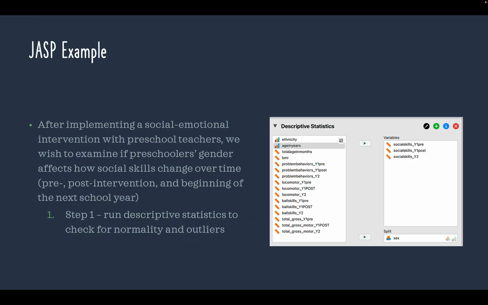All right, so let's go through a JASP example. After implementing a social emotional intervention with preschool teachers, we wish to examine if preschoolers' gender affects how social skills change over time, post intervention, and beginning of the next school year. So with the